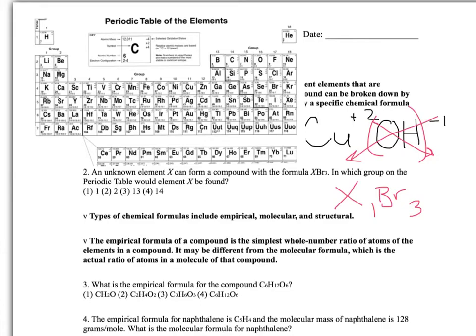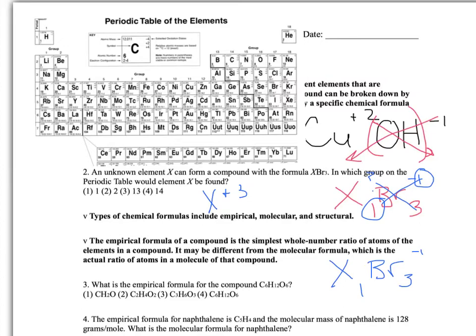Here on our reference table, we'll find bromine has an oxidation state of -1. So we can see that the oxidation state of the bromine, the 1, was crossed over to the X. That means that the oxidation state for X, which we're looking for, must be crossed over from the bromine. So here we believe that the oxidation state of X is +3. Now the other way to answer this is again to look at the formula